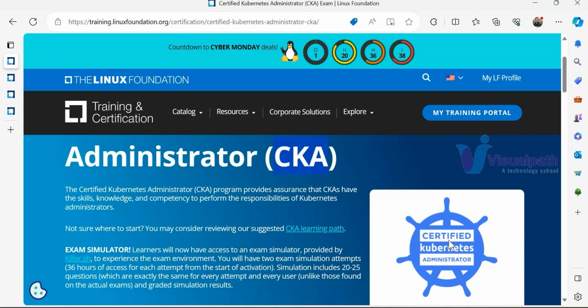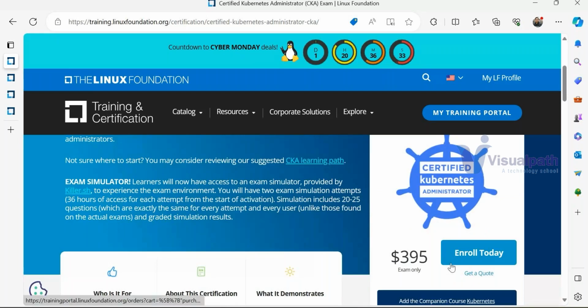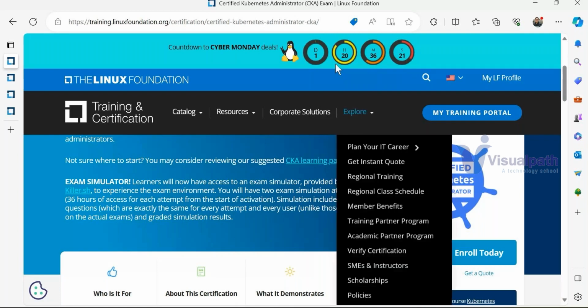Every price they charge is in dollars. So you see a dollar price, which is only for the exam, no training, nothing, only for the exam. Now, if you take this certification today with a discount price, which they have already announced here, it is valid for one more day, so 1 day and 20 hours. I think till Sunday end, in India INR, we can take this benefit.